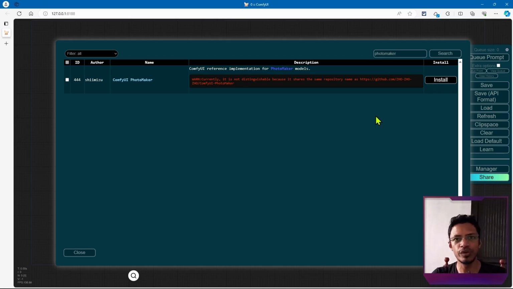However, if you already have the previous implementation of PhotoMaker, you may get an error when you install it using the ComfyUI Manager. This is because both projects are using the same name, ComfyUI-PhotoMaker. When ComfyUI Manager looks at your ComfyUI custom node folder, it will see that there's already a folder named ComfyUI-PhotoMaker, and it will give you that error. So in that case, if you are not able to successfully install the Shiimizu version of PhotoMaker using the ComfyUI Manager,